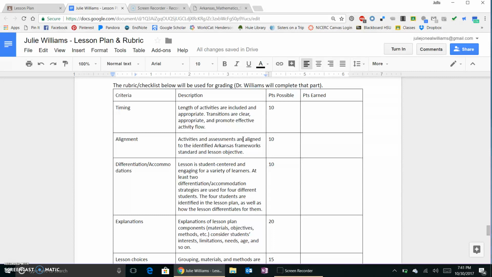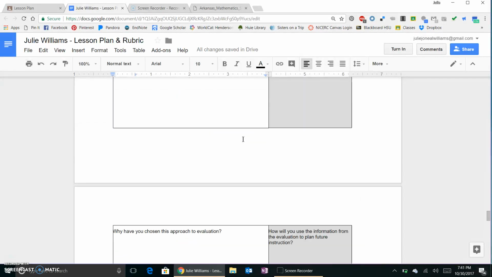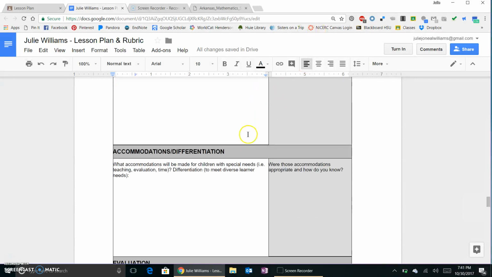In your Google Doc, I'll be able to write things right in here. So it'll be fine. Notice also, because I made a copy of this for you, as soon as you start typing, I can see things if I go check. But when you're ready to turn it in, you're going to hit this turn in button, and it's going to be that easy. So you can just totally use this in a Google Doc and just hit turn in when you're ready. And this saves it as you go,